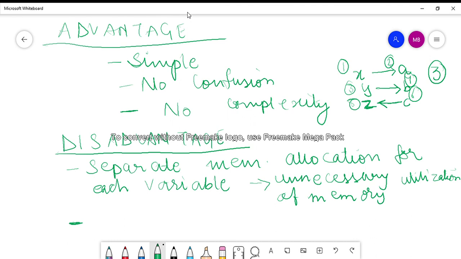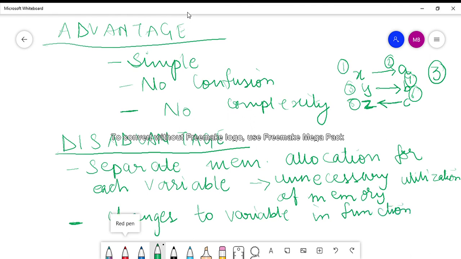The second disadvantage is that any changes that you make to the variables or arguments in the function are not reflected in the calling function.